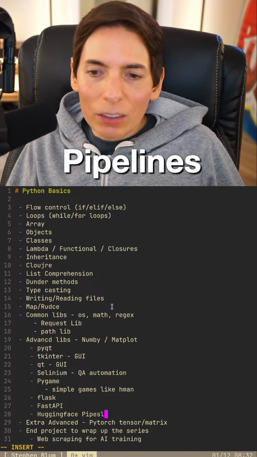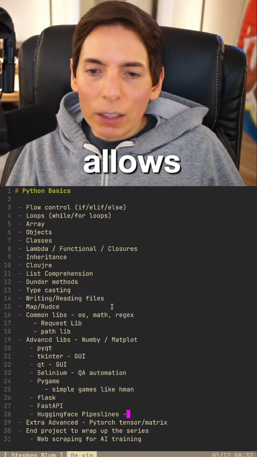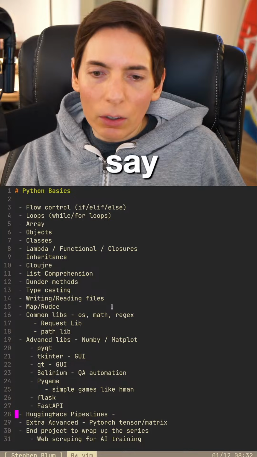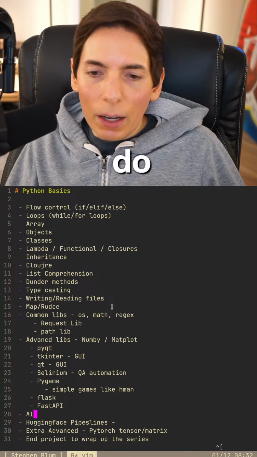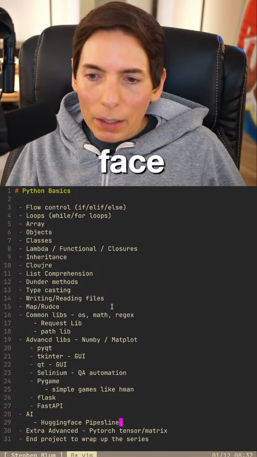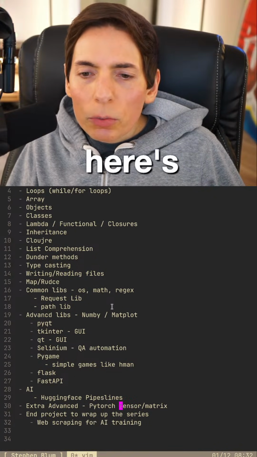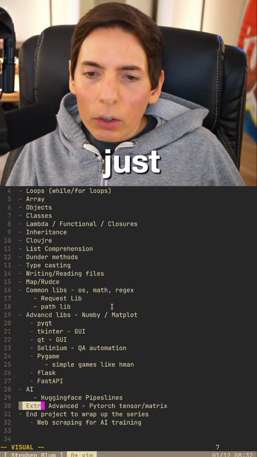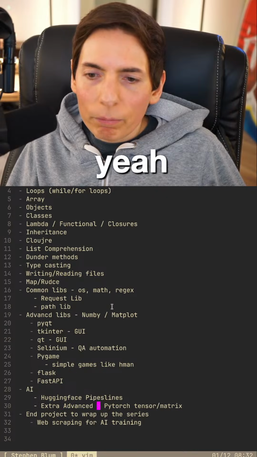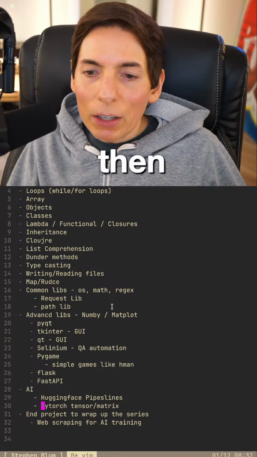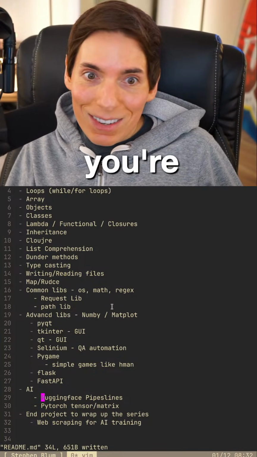pipelines, because this is easy. And then this allows us to get into AI. So we could even say this is like a whole other segment. We could do AI, Hugging Face pipelines, and we can do a few in there. Did we put any others in here? Is that the advanced project? PyTorch, yeah. So I'll do this. Yeah, there we go. Hugging Face is easy. Then we get into PyTorch. Now you're into, that's a little bit